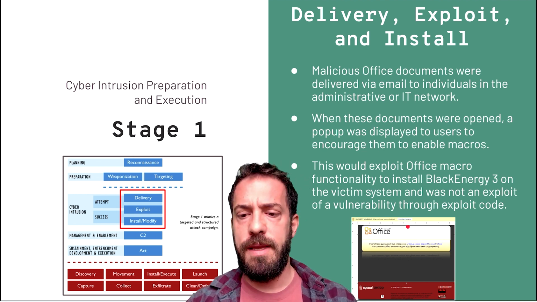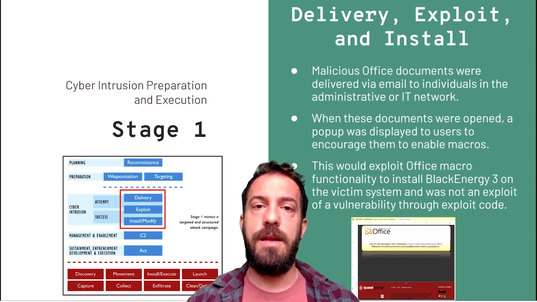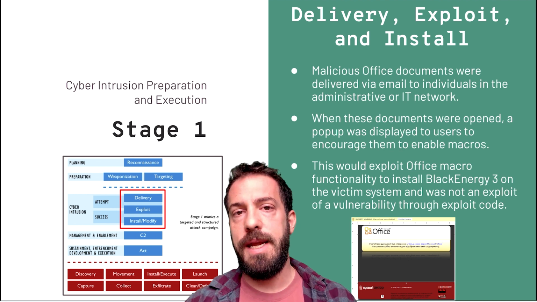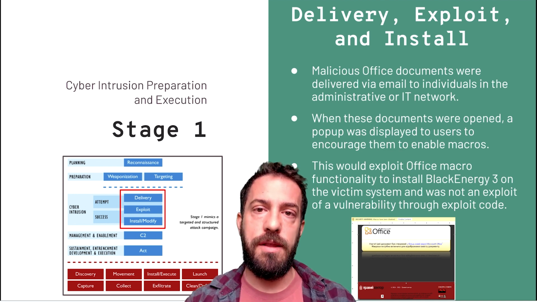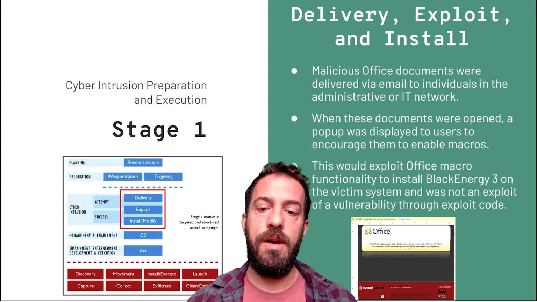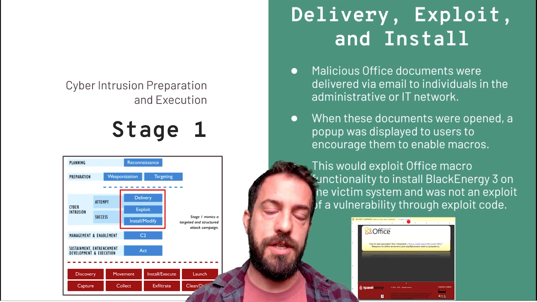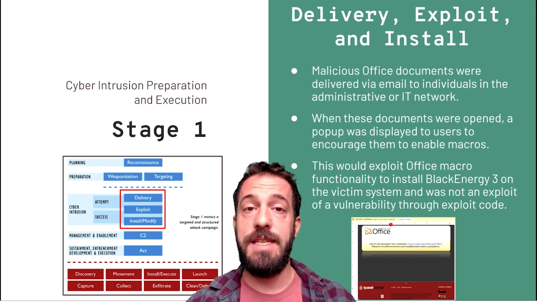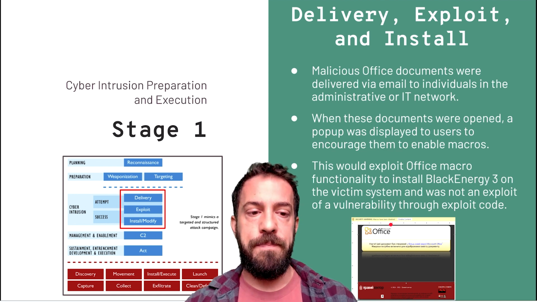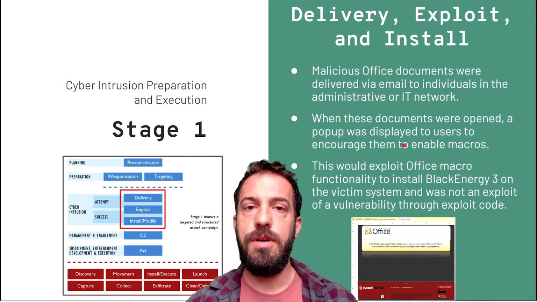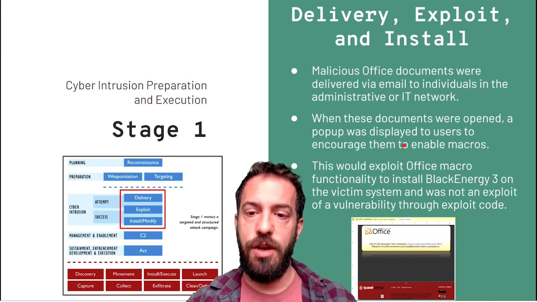many of us have opened documents we download from the internet, and you may know that some of the Office applications have these macros that enable some kind of functionality in the document itself. So you can fill a form or you can do other things in the document. Because of security concerns, this macro functionality is disabled by default. In this attack, the attackers encourage the users to enable macros to have full functionality of the document, and once